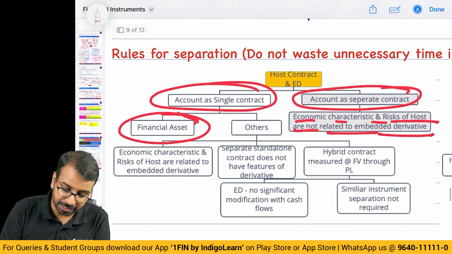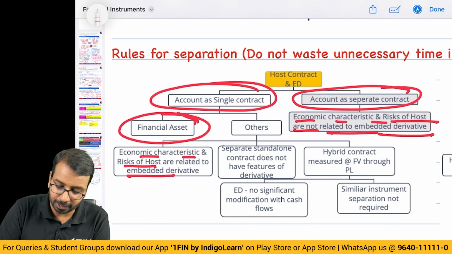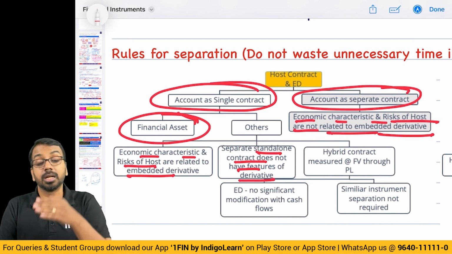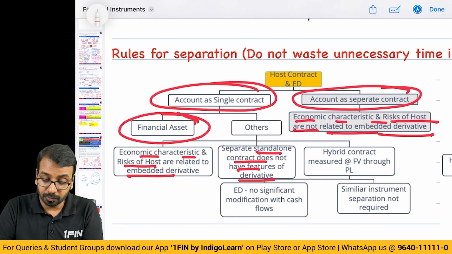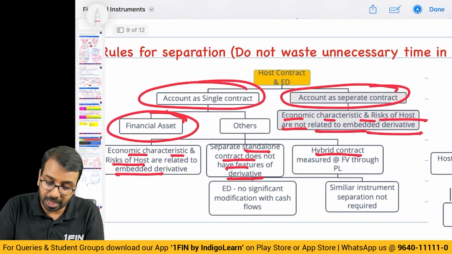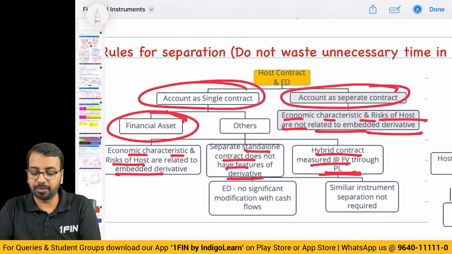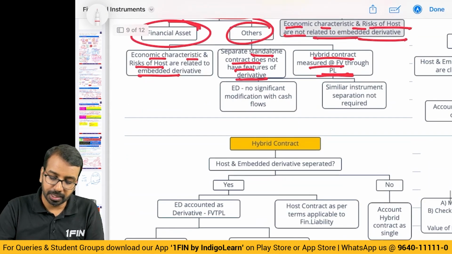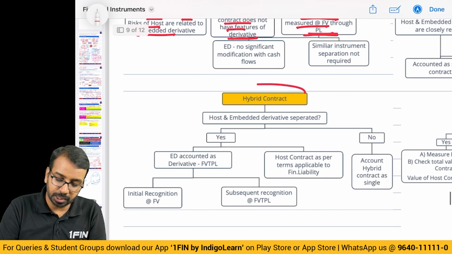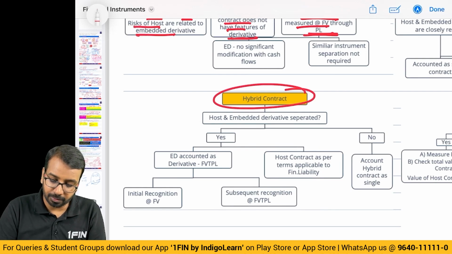And in other cases, if the economic characteristics and risk are related, and the separate standalone contract does not have a feature of a derivative, meaning if I separate it, it doesn't have the feature of a derivative, and if it's a hybrid contract measured at fair value through P&L, in that case again I will do single contract accounting. Okay. Now, here is where you will understand when do we separate, how do we account for it when